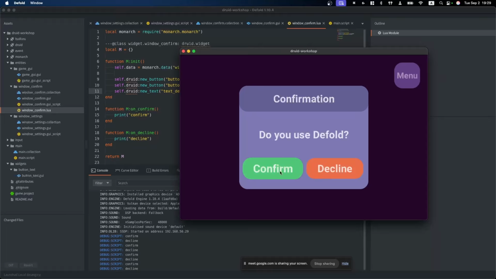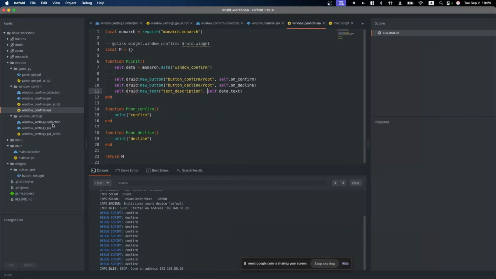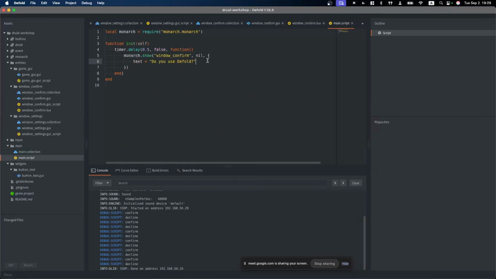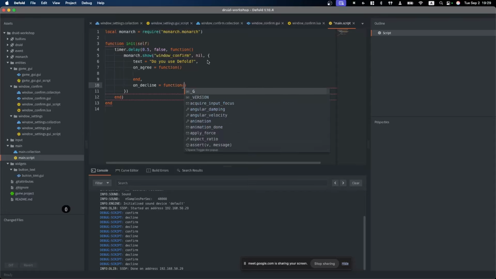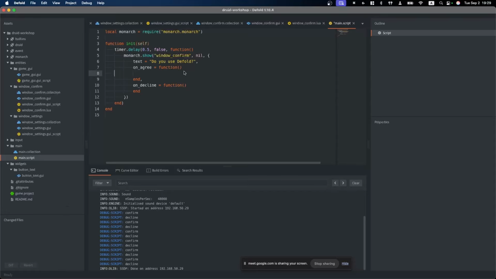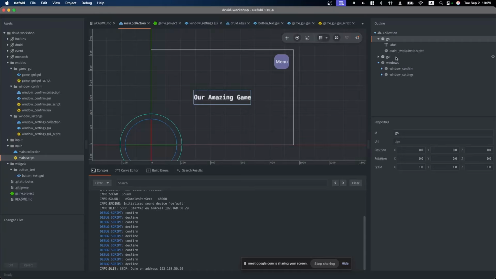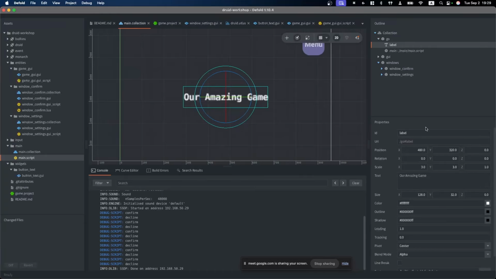But we also wanted to use the actions from this window. The first way you might think of is to make a function on agree to do something and on decline to do something. When you show this window with this text, we want to do something. What we're going to do here is change our main collection text label.